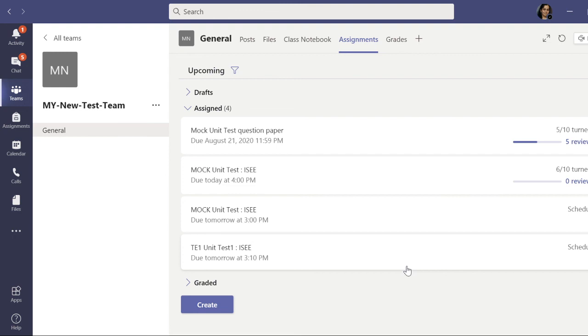This is how you can schedule the unit test question paper, including both subjective and objective type questions. Just see here, it has reflected: mock unit test ISE due tomorrow at 3 p.m. So that is the end from my side.